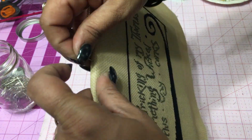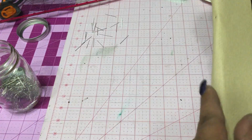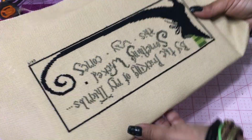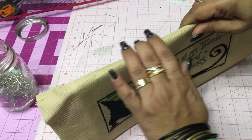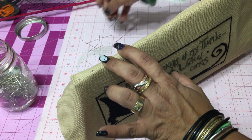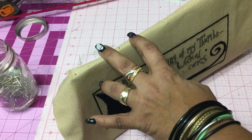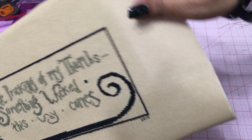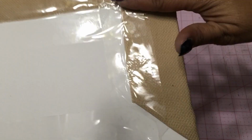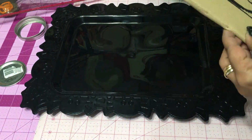So once I finished it, I am now using a piece of foam core, the same stuff you find in the Dollar Tree. I cut out the shape, and I'm using straight pins just to pin it all the way around, to make sure that it's nice and flush and smooth and straight in the front the way I want it to be. And then I'm going to use packing tape. And I know cross stitchers are probably like, no, don't use packing tape. But I did. I used some packing tape on the back to hold the fabric down, because I'm also going to be attaching that to this dollar store